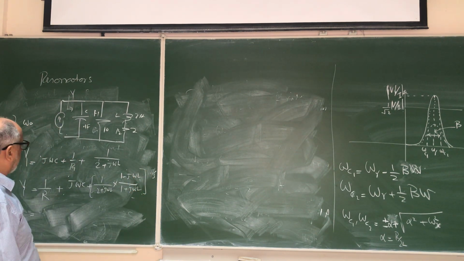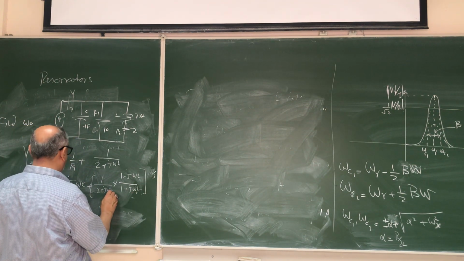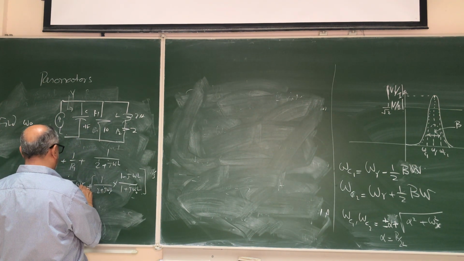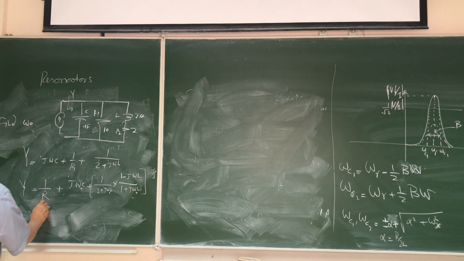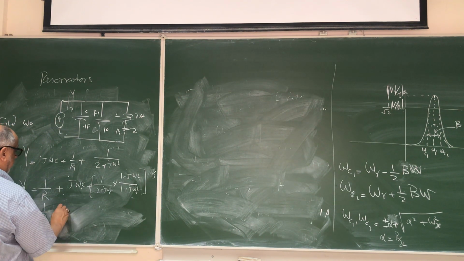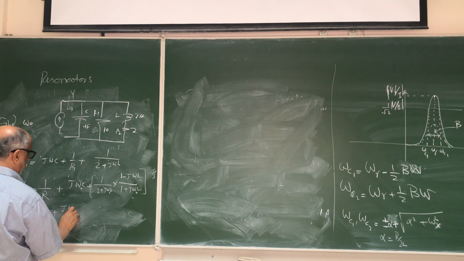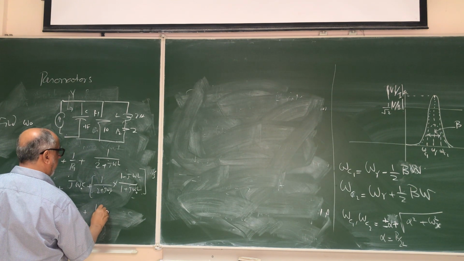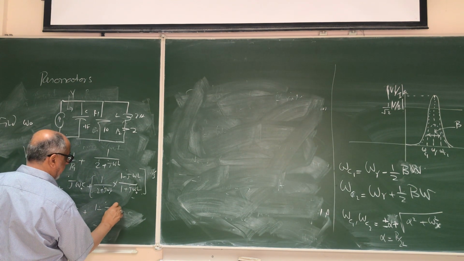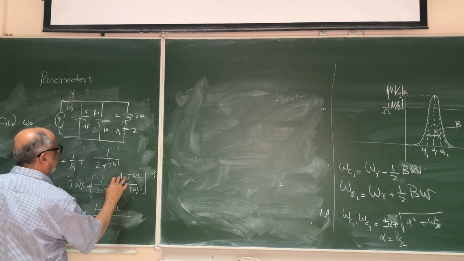We'll call it omega naught because we want to solve for omega naught. This is 1 over R, so we should not worry about it much. And this one is j omega naught C plus, now this becomes 2 minus j omega L on top, and down we'll have